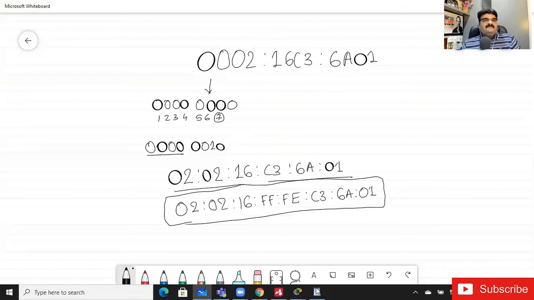It is really easy if you do it properly with the steps. First of all, convert the 7th bit into 1. It is always 0. Whenever you get any MAC address, the 7th bit will be 0. Convert this bit into 1, and then add FFFE in between them. Yeah, Neeraj, you are right. So all okay with this?